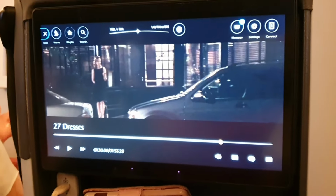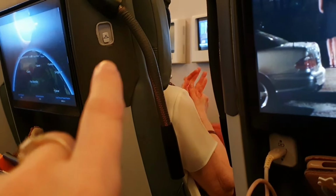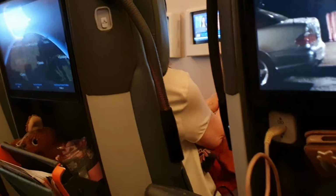There, so I'm in the middle of watching a film. And then there is also the handset here in case you don't want to use the touch screen either. There are also, up there you can see just there, that's the coat hangers. And then there's USB ports here, as well as